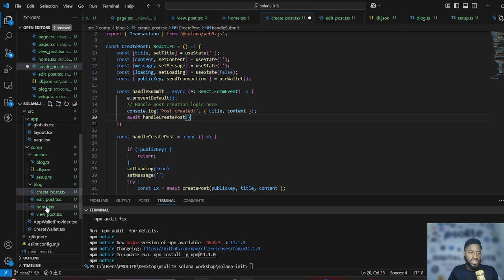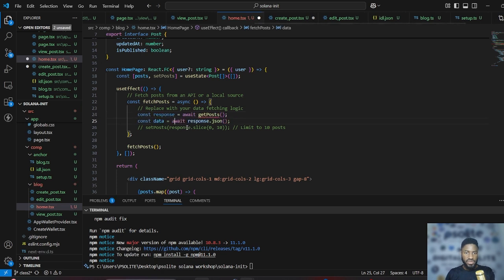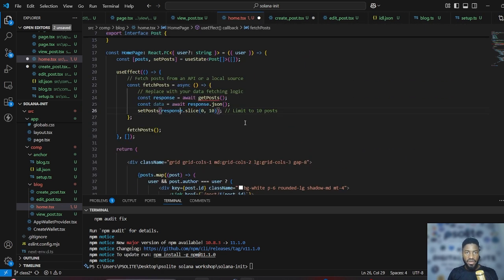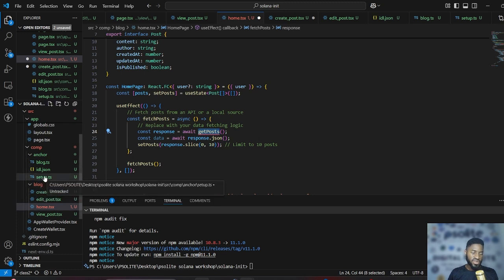I'll wait on this. Then we have home. Let's just set up home where you can see all the posts inside the program already. So let me just remove this. What else do we need? Get posts. So let's create a get post, a way to fetch all the posts in the